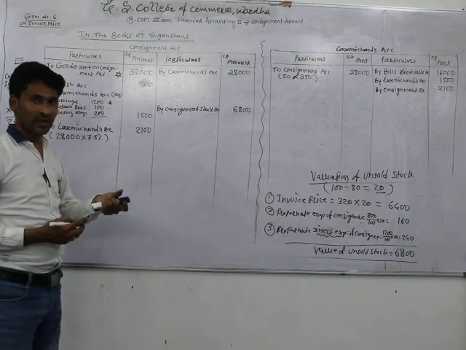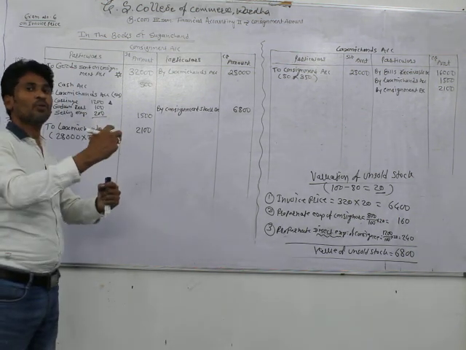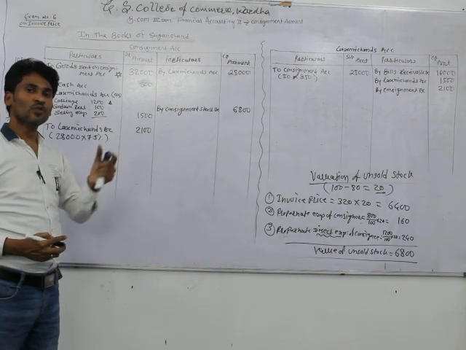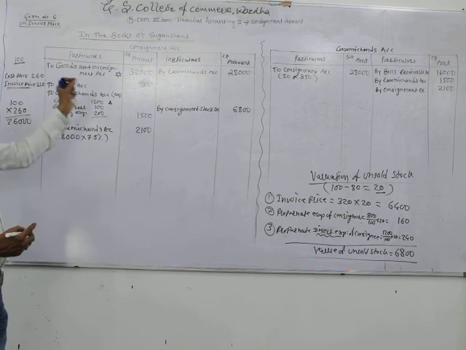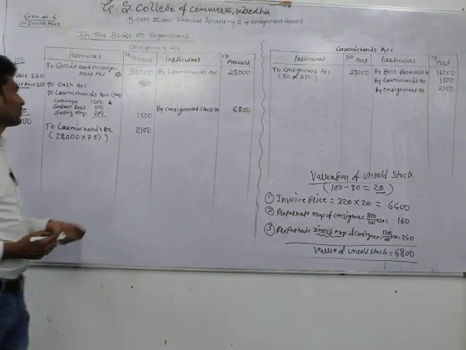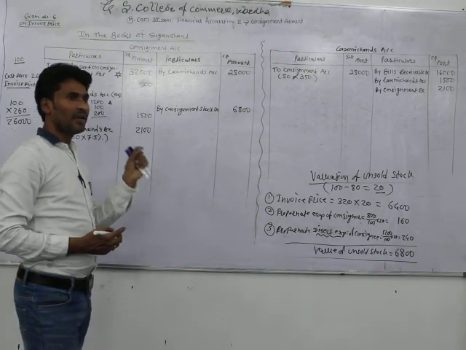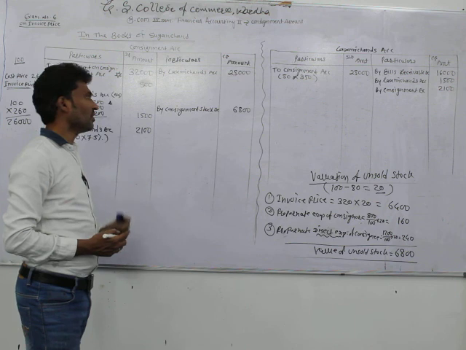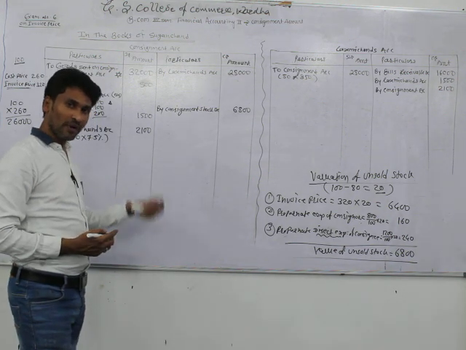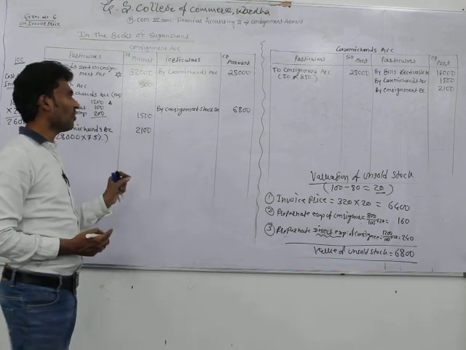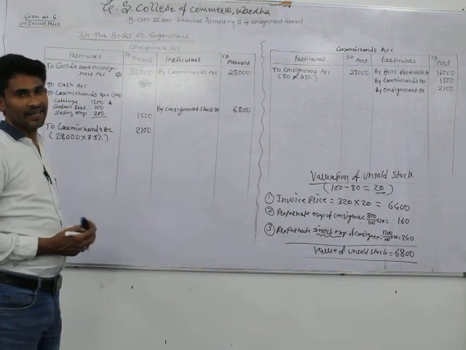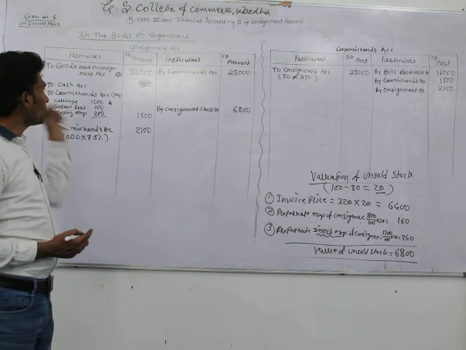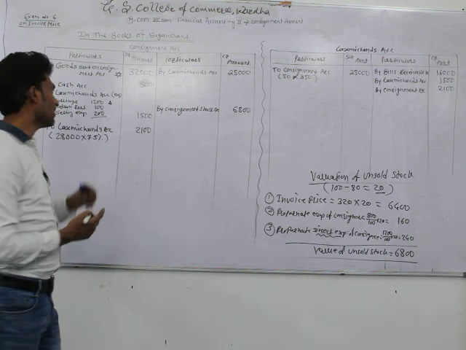It is known as loading. The difference, the excess amount in the goods sent, is known as loading. So for the loading of goods sent on consignment account, you pass the journal entry: goods sent on consignment account debit and consignment account credit, for cancelling the difference in the value of goods sent.